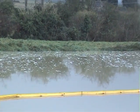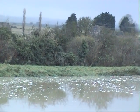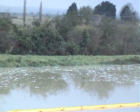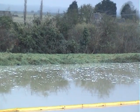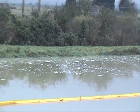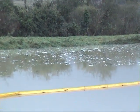As you can see, it can't come up much higher, but further down, after the floods 4.5 years ago, just down there, it was lower than that, and it came within 9 inches of that. So it's nearly as high as it was. And what they do,